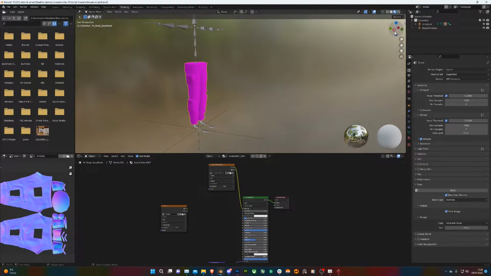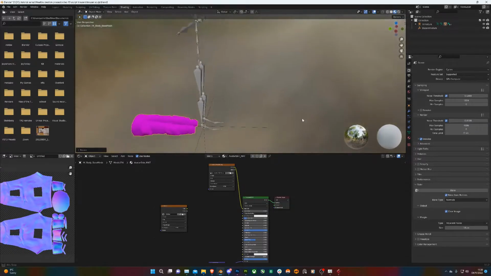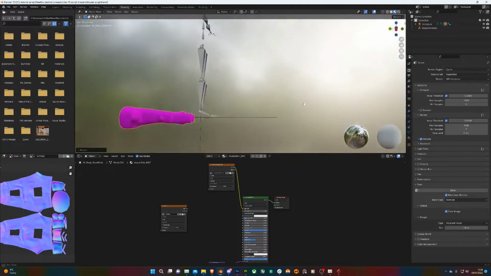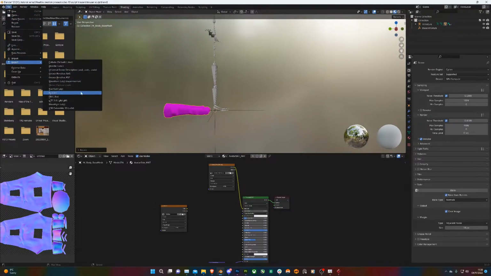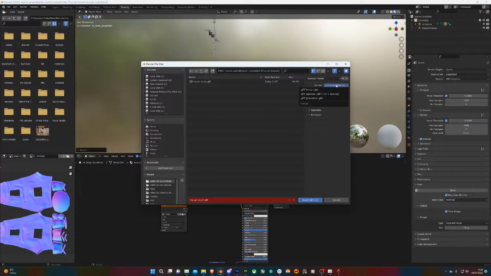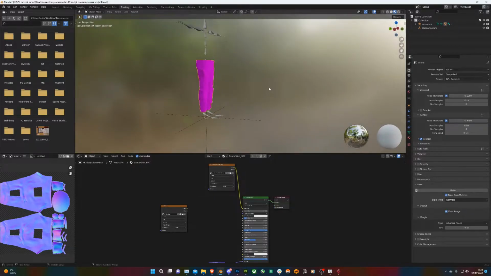So first we're going to rotate them on the x-axis at 270 just so they're 90 degrees back. And File, Export, and we want to choose .gltf, and then you can Control Z just to get them back in place